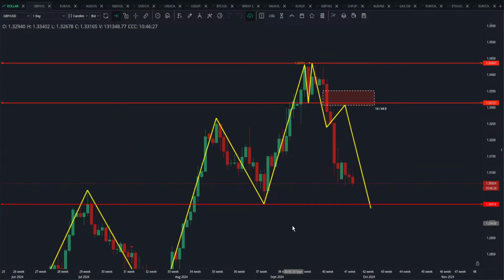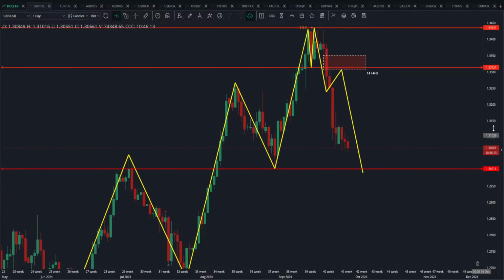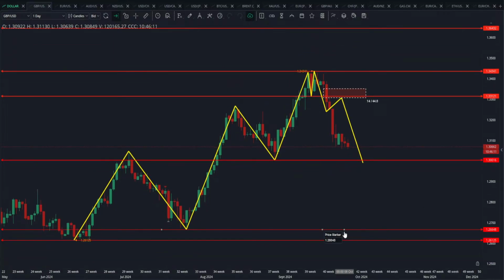So where will the pound be going? Well, the pound will be going back. Now on the way down, we'll be looking for 1.3001 to be taken out. If that is taken out and the price trades below this, then we can look for the lower prices, that is 1.2664. But if it does not trade below and close below this 1.3001, then we will be looking for higher prices in this market. As of now, it is a downtrending market, and we are looking for lower prices in this one.